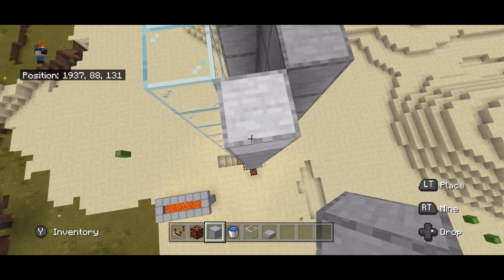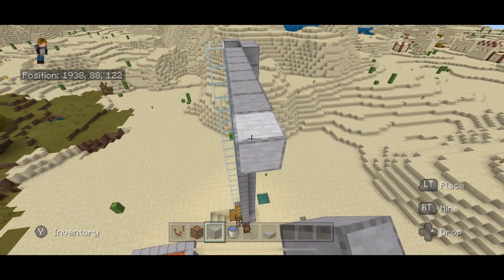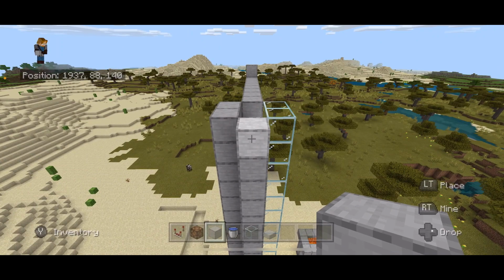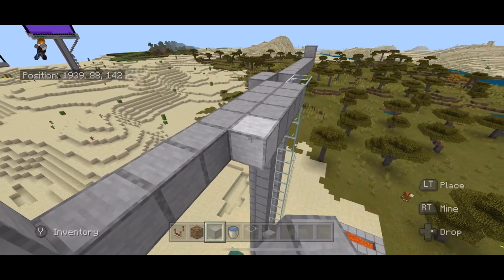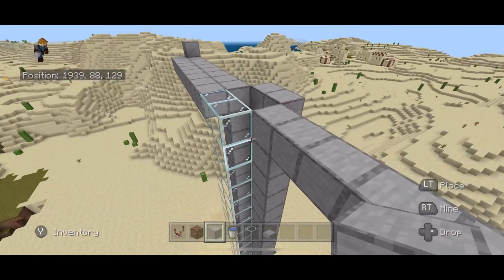Come back up to the top and lay down 1, 2, 3, 4, 5, 6, 7, 8 blocks. Place a block on the end. Do the same thing over here. Place a block on the end. Now I'm going to just make it look solid by placing a row here,